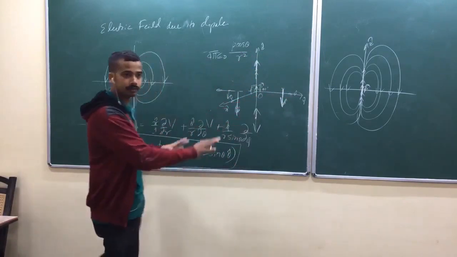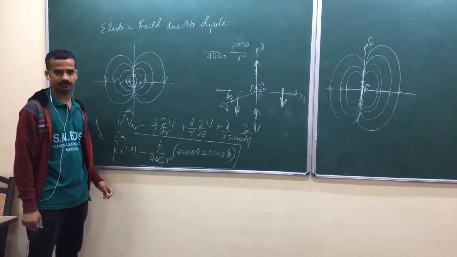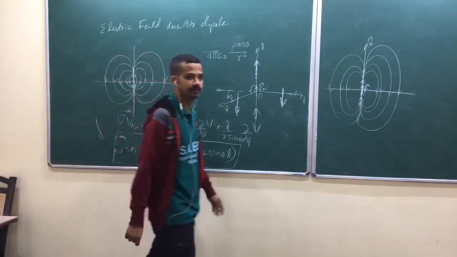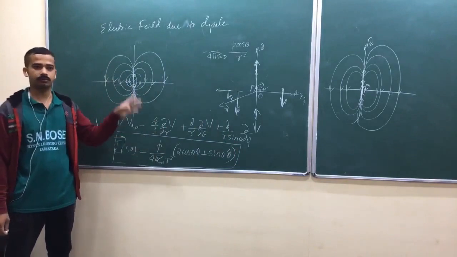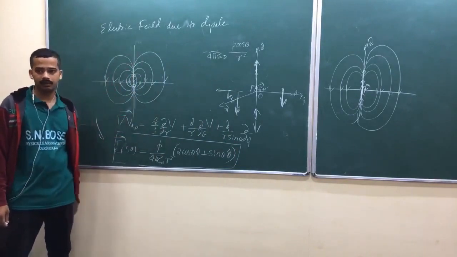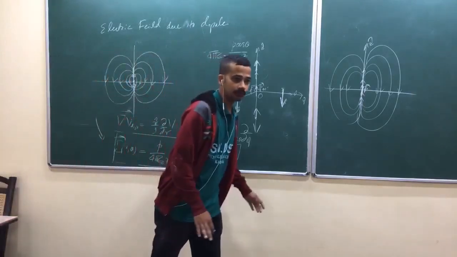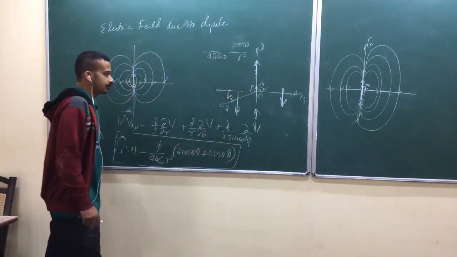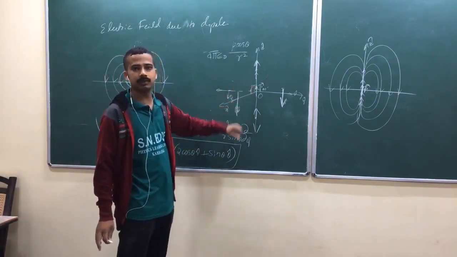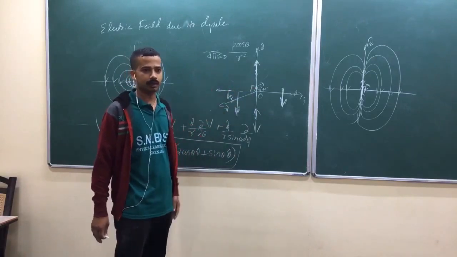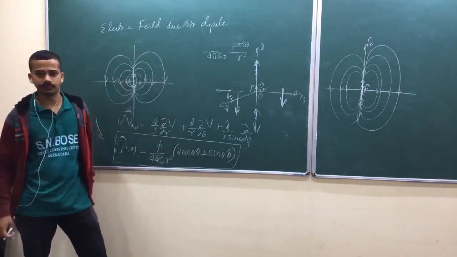Now again, these are all approximations. As I told, if you find the curl, you will get a curl of this one. Don't you feel like this kind of field will have curl? But this is only the approximated one. So it will have quadrupole term, octupole term that we have neglected. At very large distance, this is the dominant one. That's what we have taken. Be careful while handling this one. This is not the total one. Anyway, we can apply it. Whenever he said there is a pure dipole at the origin, which is pointing along z cap, you can take the electric field due to that one as this one. And you can find the force due to that one, isn't it?